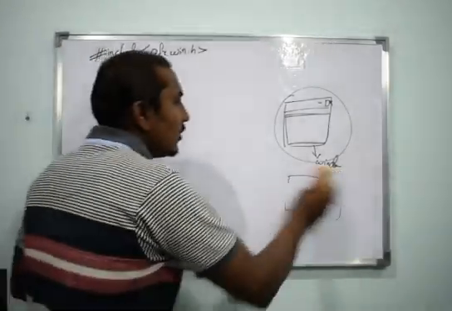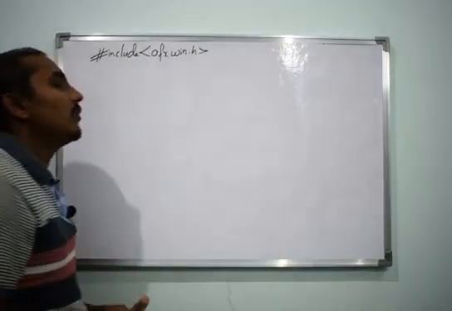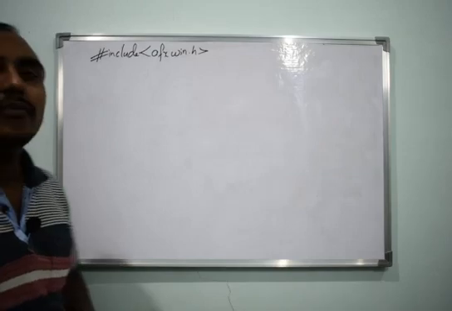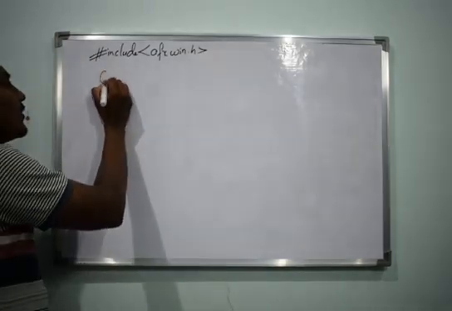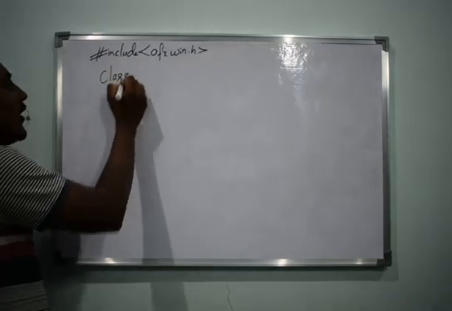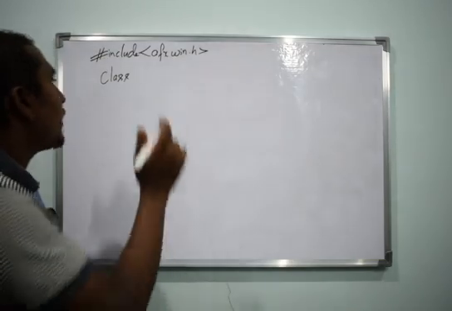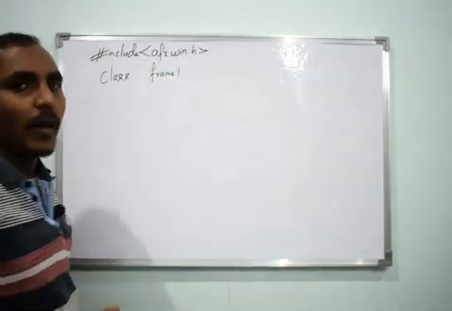So let us start with the programming. As I told you, for any kind of application that you are going to create using VC++, we will be using afxwin.h. After this, we will have a class, so I'll define a class. As I told you, I want to define a frame. I can give any name for it, so I'll name it frame1.